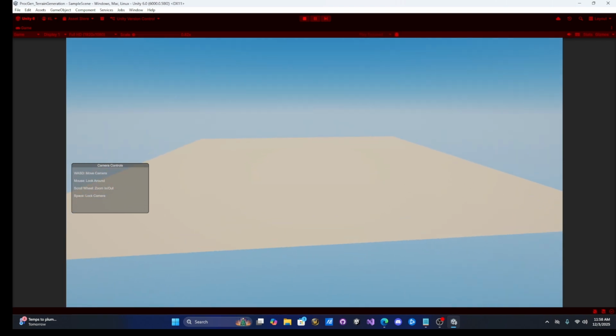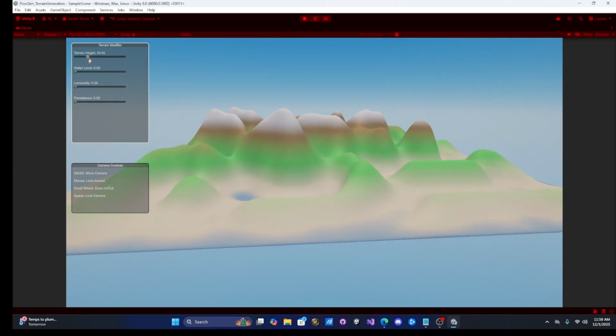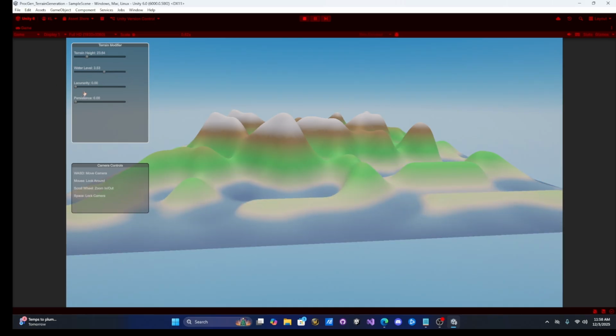And if you press the space bar, it locks the camera and basically stops the input. And here it brings up this terrain modifier. I can adjust the height, adjust the water level. And these two here